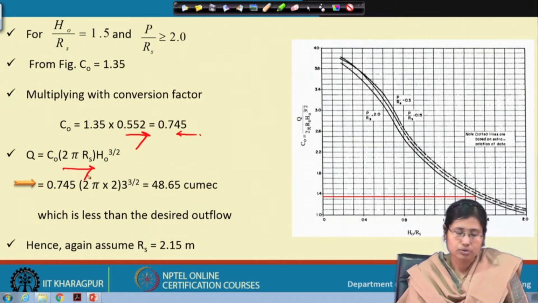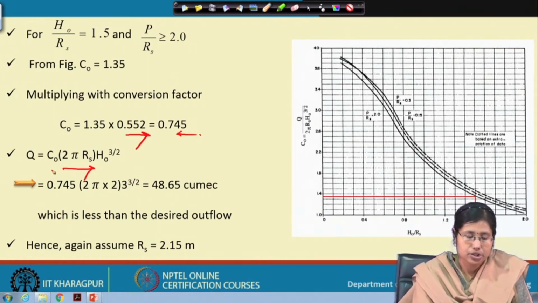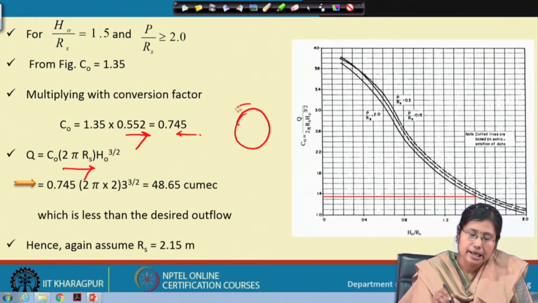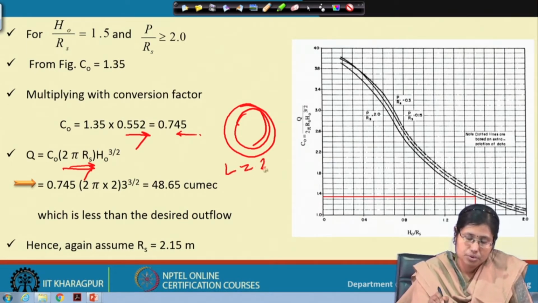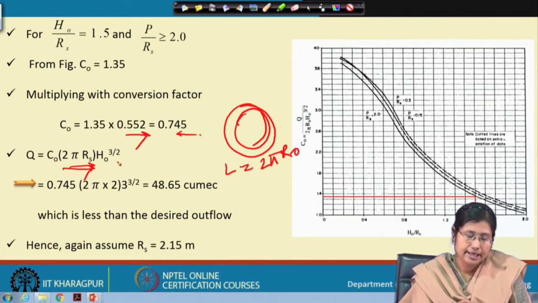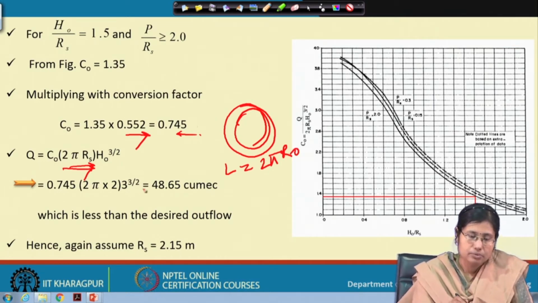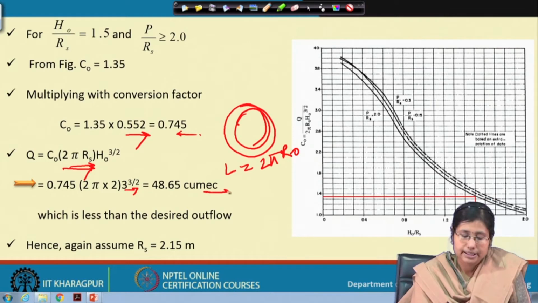Now the discharge from this portion, the inlet, is given by using the weir equation. So, C0 is the discharge coefficient, and since we assume the circular cross section, the outside radius of this cross section gives the perimeter 2 pi r, and this is again head. The head is given as the surcharge head of 3 meter. So, using this relation, we get the inlet discharge as 48.65.